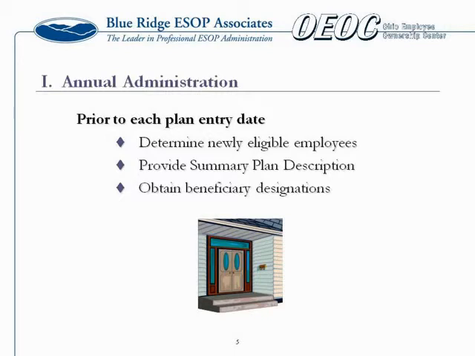The same with beneficiary forms. I know these can be a little bit of a struggle for clients. It's hard to get everyone to turn them in, and there are changes in people's lives. We do have the capability of an electronic form on ESOP Connection for beneficiary forms. It works well as an option there. If you're not selecting your spouse, though, it has to be hard copy. There's no e-notarization yet.